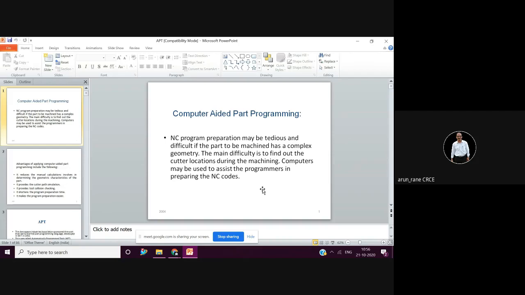So it is basically a three-step process. First, your model is done. Then, from the model, if you remember, below the verified tool path, next to it there was something called the list. If you click on list, you will get an APT file. This is the same for all controls. So you have a model, then you get an APT file automatically, and it is the same for all the controls.